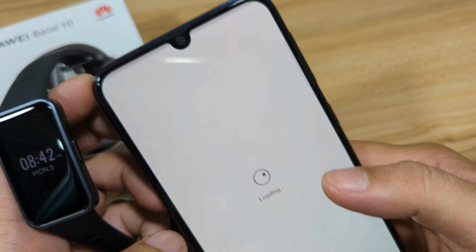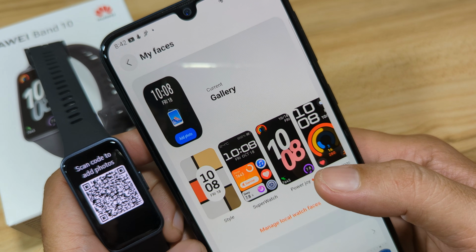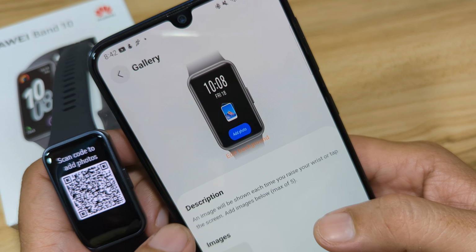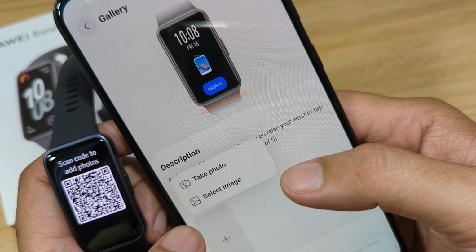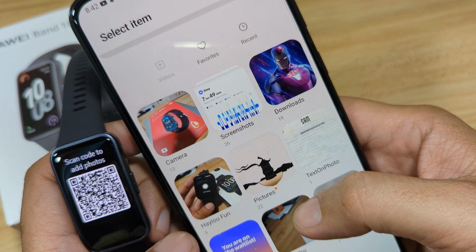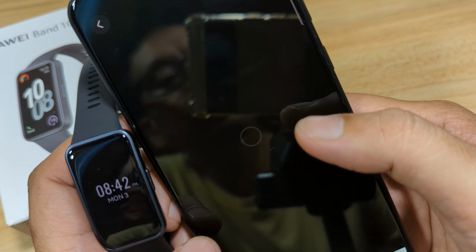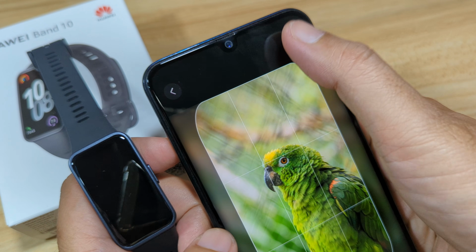My dial. I guess this is the custom watch face. So let's add an image here. Select image, allow. Let's pick from our downloads. So we will select this one.